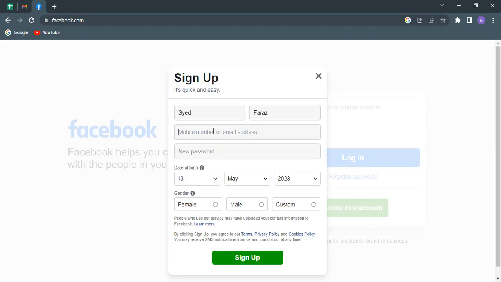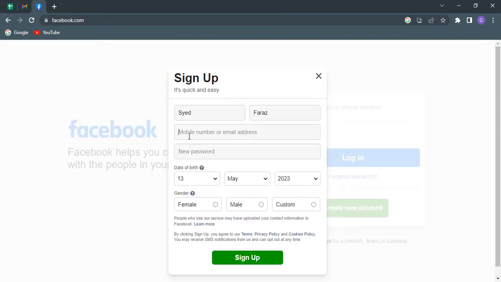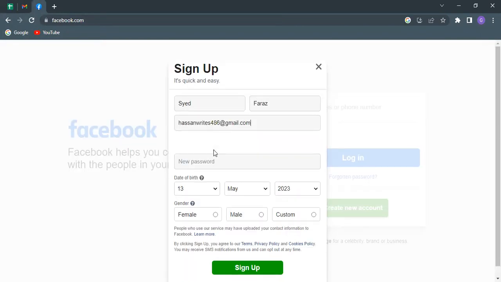But I will create this Facebook account by using email. Okay. You can also create by using number or email, and we enter the email address. And in the next process, they demand a password. Okay. Enter password